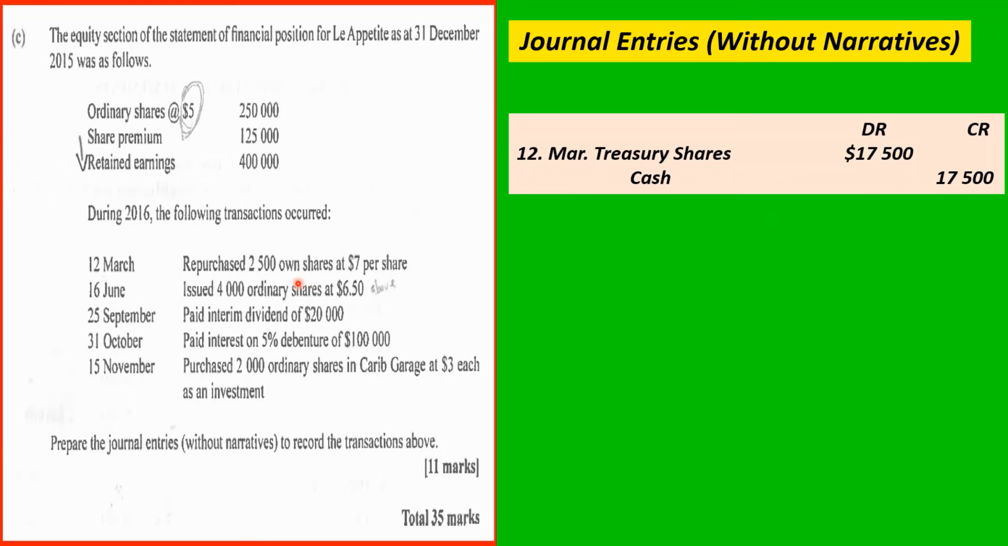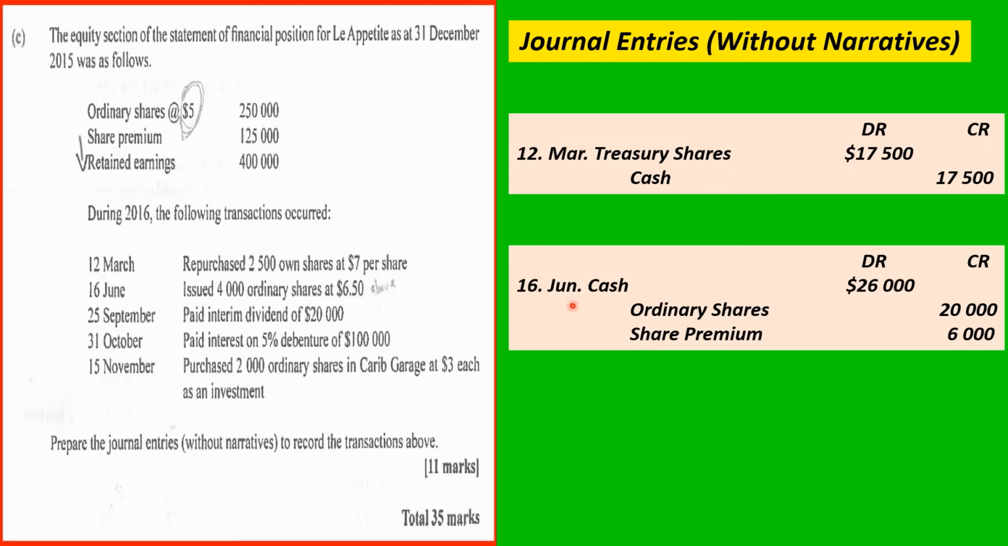On the 16th of June, we issued 4,000 ordinary shares at $6.50. That will be 6 by 4 is 24, and 50 by 4, that's 2,000. So we'll get 26,000 in all. So we'll collect 26,000 in cash. And how much should we put to ordinary shares? Ordinary shares is $5 each, so 4,000 by 5 will give us 20,000 for ordinary shares,